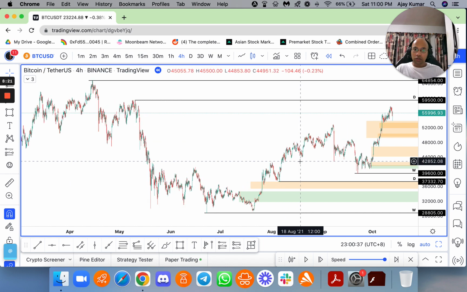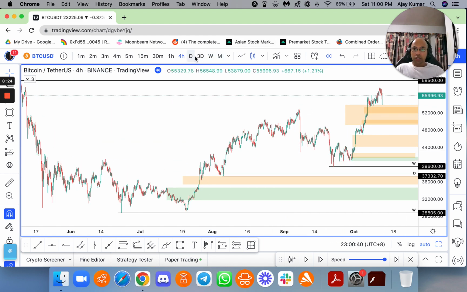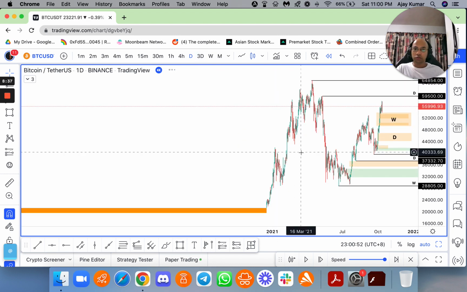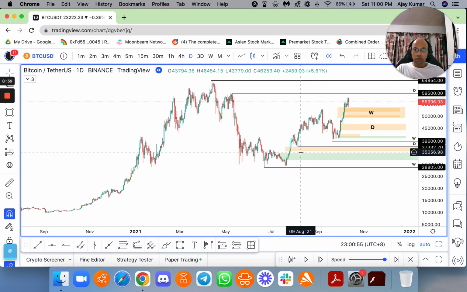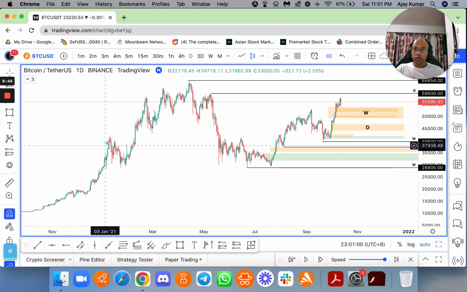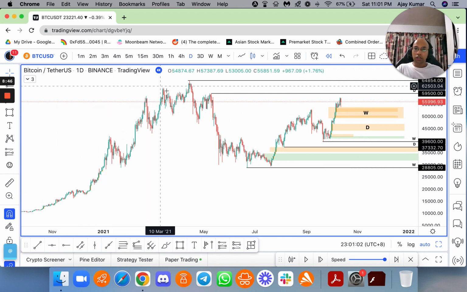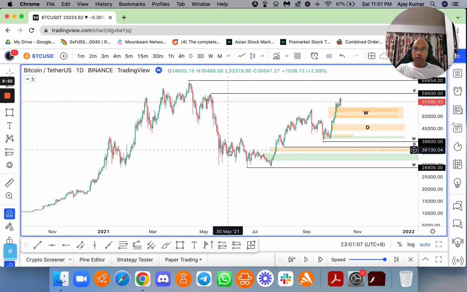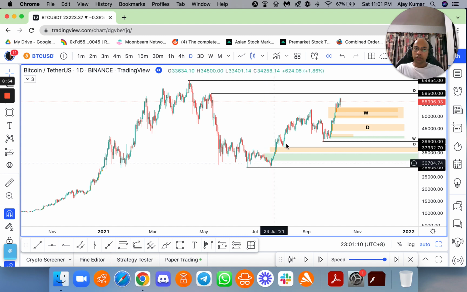Okay, now I want to get an idea on the market structure. On the daily, come on, this is taking too long to load. TradingView, what's wrong with you? Okay. On the daily, you can see higher high, higher low, higher high, higher low, higher high, breaking structure, bearish, bearish, bearish, bearish, high, until it,